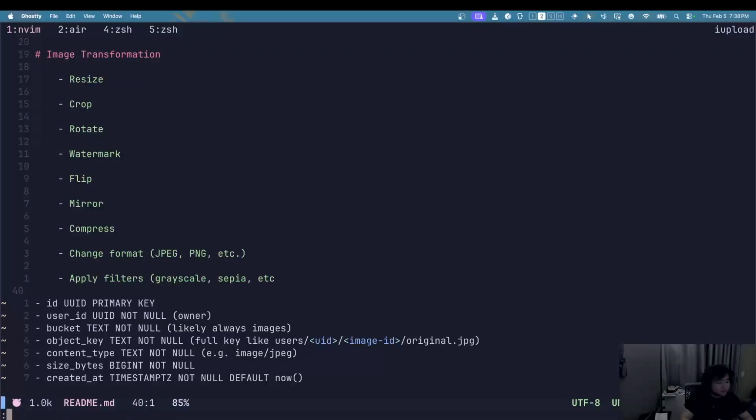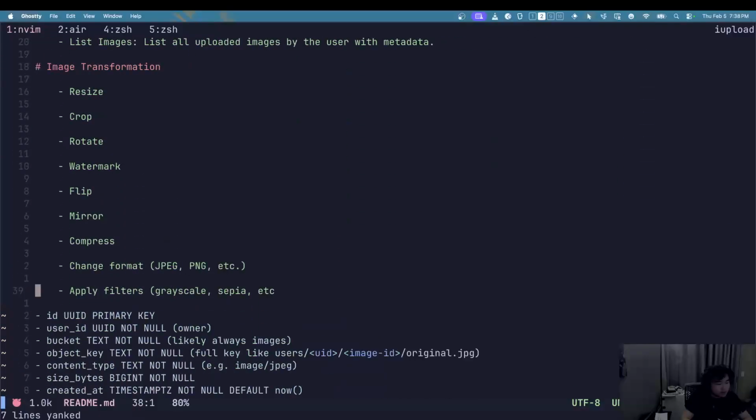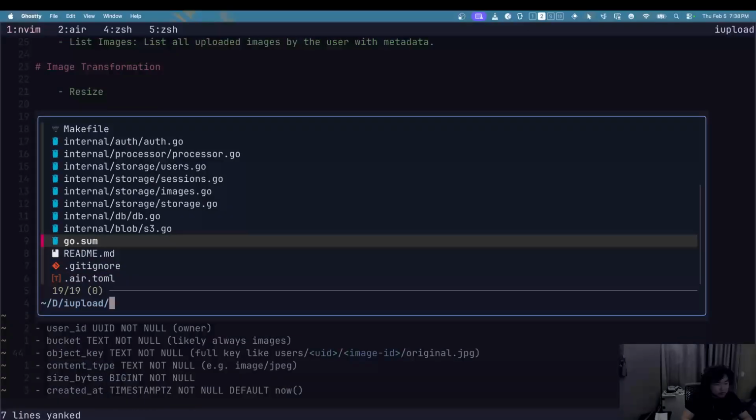Let's do a quick video. I want to basically start doing our server stuff, but I do need a few things. I need to do some image metadata first. I went ahead and also set up some of the S3 stuff, but I had to